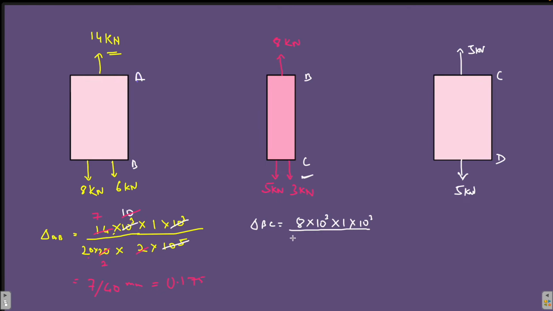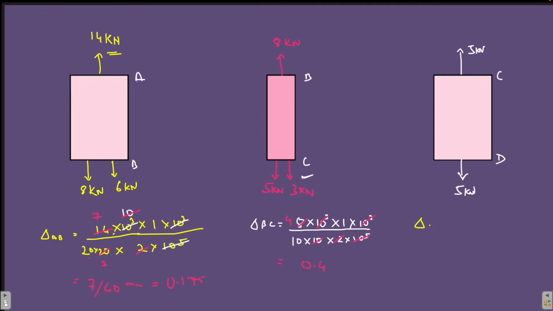What is the area of cross section? It is given to you in the question, 10 into 10. Again it is in millimeters, and E is 2 into 10 to the power 5. Now again we'll do the cut cut thing and everything will be sorted out. So this 10 to the power 3 and the other make a total of 10 to the power 6. Now we have to cut a similar 10 to the power 6 here. It's gone. Now 2 times 4 is 8. So 4 by 10 is how much? 0.4. Right? 0.4.